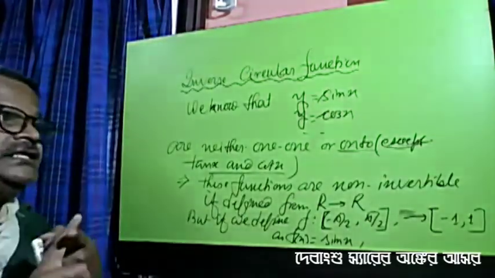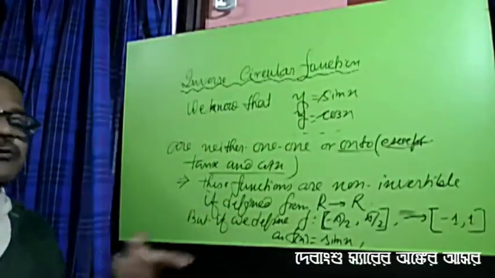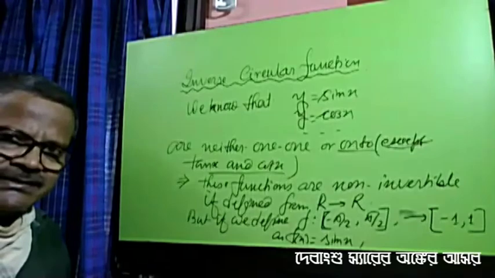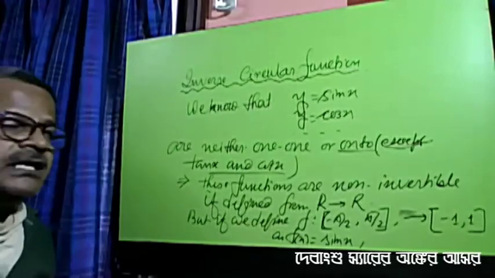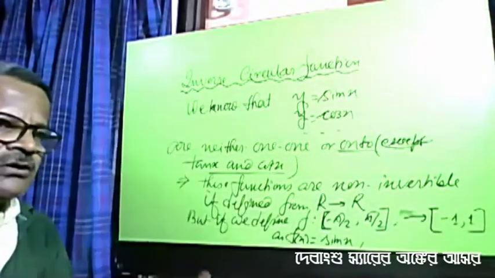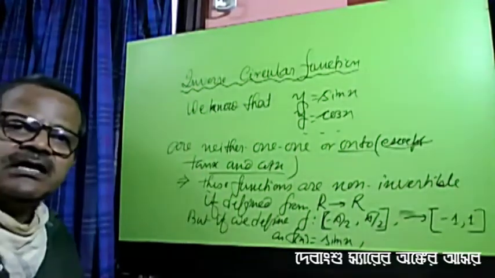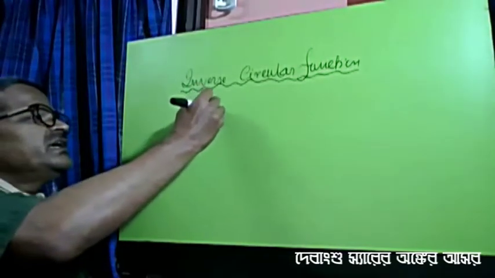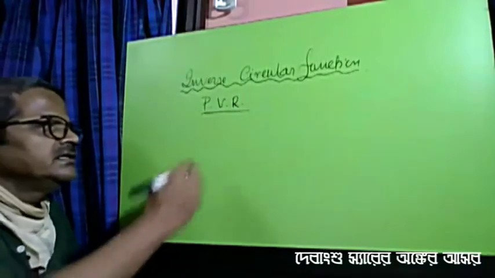So y is equal to sin x is invertible in its principal value, y is equal to cos x is invertible in its principal value, and like this. Now, what are the principal value ranges, that is PVR, in brief, of different functions? Sin inverse, cos inverse, tan inverse, cot inverse, secant inverse. What are the principal values? Next, I will discuss this. PVR, principal value range.